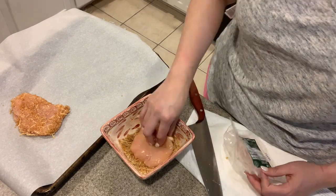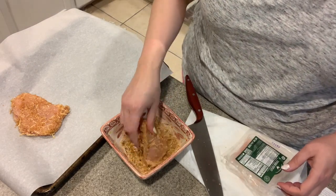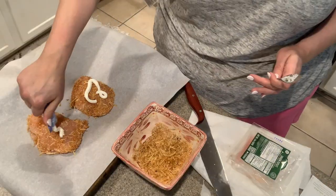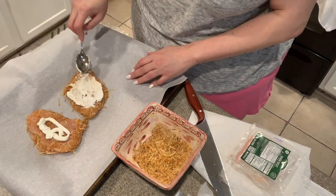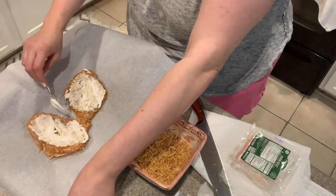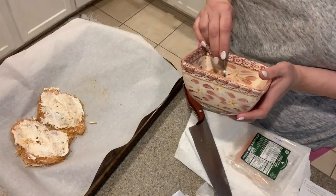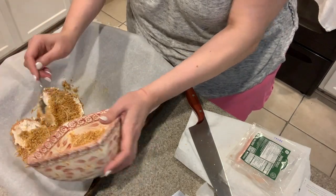I literally just dunked the chicken into the breading, and I did that for both pieces, and I didn't even pat them dry, which is pretty disgusting. After that, I finally came to the realization that I had screwed up, and so I put the sour cream on top of that and spread it out, and then put the rest of the mixture on top of it. I think it ended up really good in the long run, but I definitely showed that I have a hard